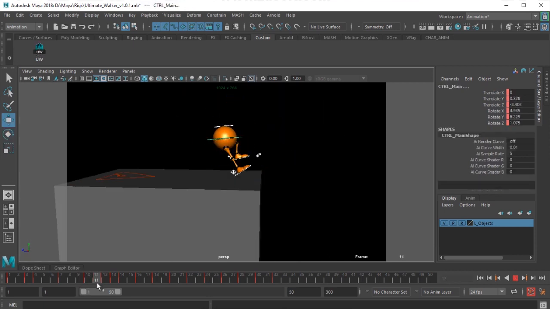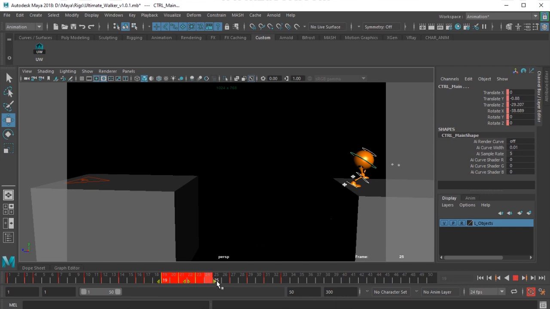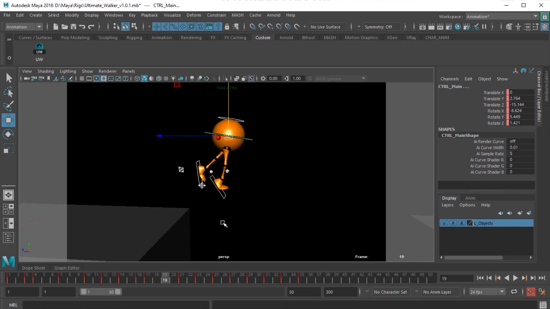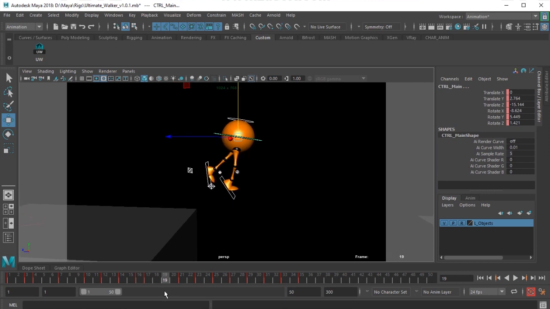Okay, here I'll just set a pose which is needed here.